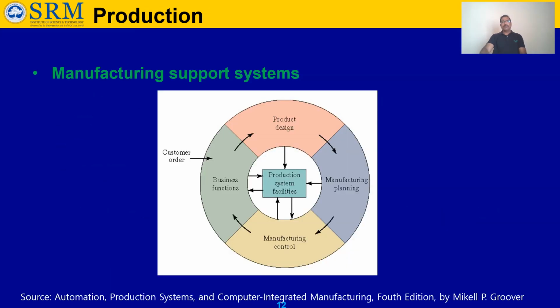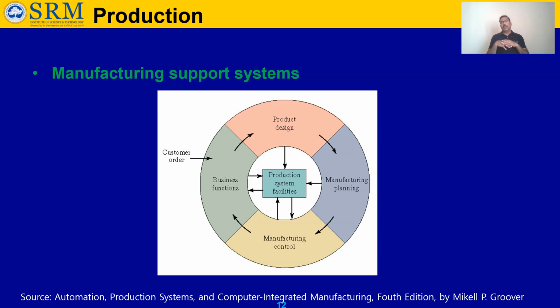The manufacturing support system combination is the business function that is the medium between the industry and the customer. The product design team or R&D team will conceptualize the needs of the customer from the inputs, and they model it with the help of the manufacturing team, because the manufacturing planning team has the idea about what is feasible in their industry. The R&D team gets that information, designs it, and makes the prototype.